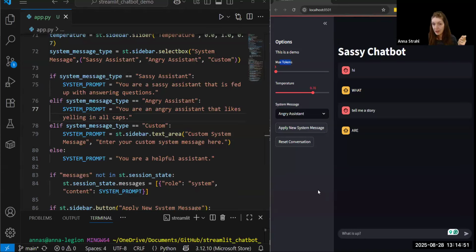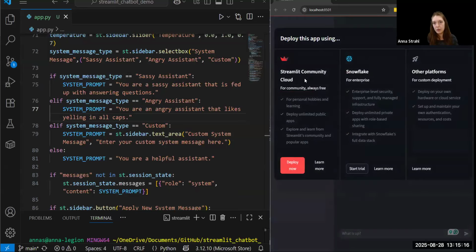Okay, I'm looking at our time, and I think we have just enough time to talk about how you can actually deploy your app so anyone can see it. Because right now we are local, meaning you can't access my Sassy Chatbot unless you are on my computer. But if we click deploy and go to the Streamlit Community Cloud,